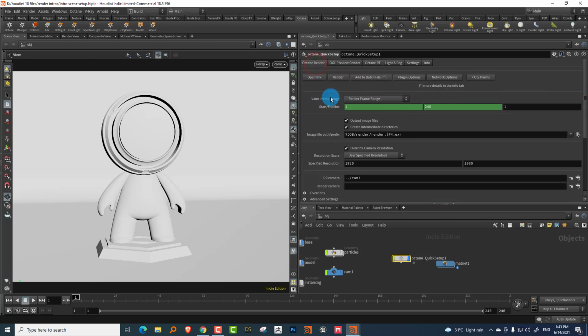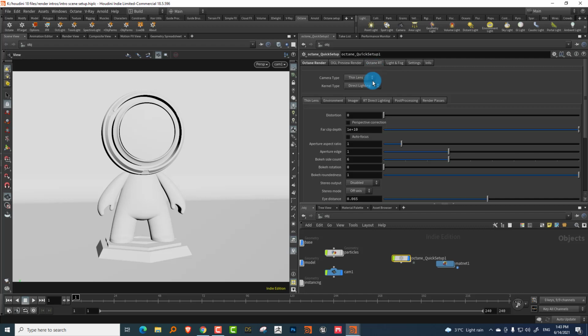What you can do is just a couple of things. By default it overrides the camera resolution to 1920x1080, so I usually turn that off, and come to Octane RT where the majority of your settings are.